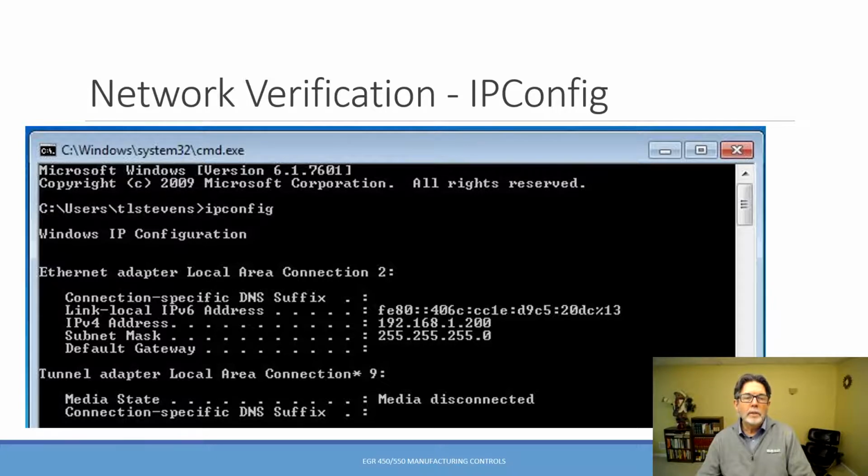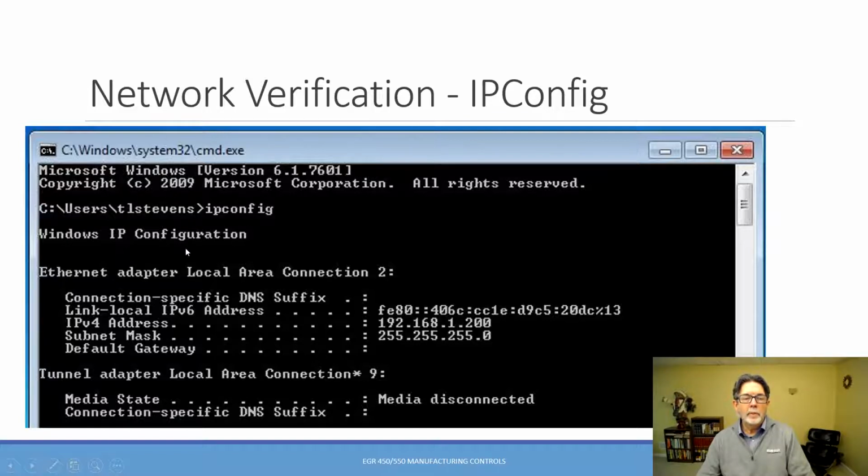It's actually a low-level interface to the operating system, and the command prompt you see here is C:\users\TL Stevens, my username, and then the greater than symbol. This is where the prompt begins, and I have typed in ipconfig and enter,